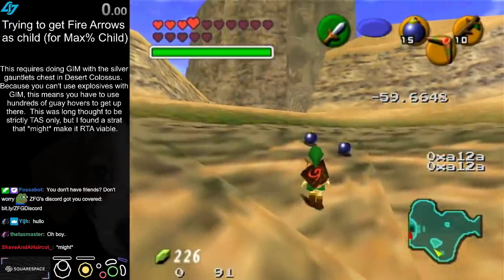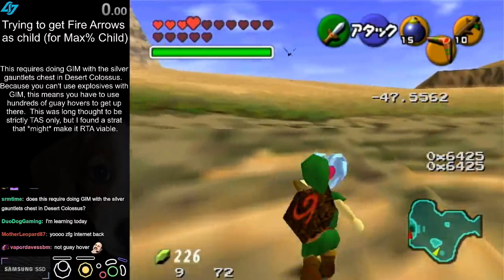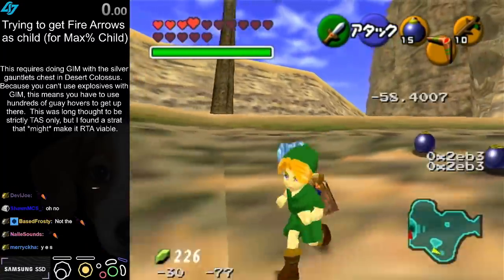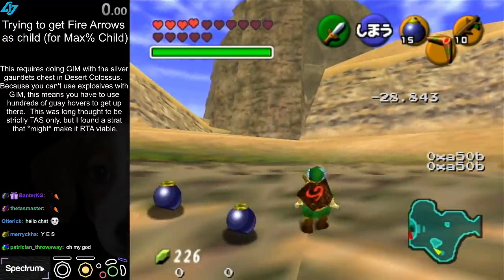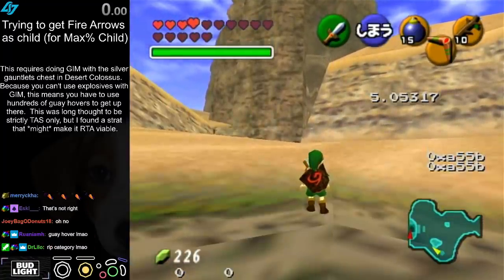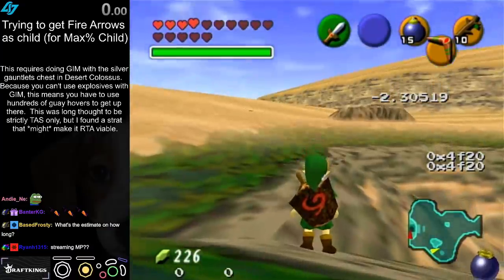You get up to the Silver Gauntlets chest from here with GIM active, and that is hovering off of that guy. And this guy only flies around this oasis over here. He doesn't get close to the actual Colossus. So you have to hover really, really high up, solely on Gwei hovers, to get over there. And so for obvious reasons, that was thought to be completely TAS only, and no one would ever even attempt